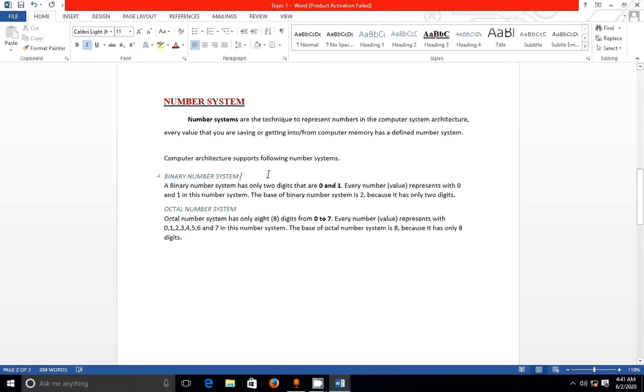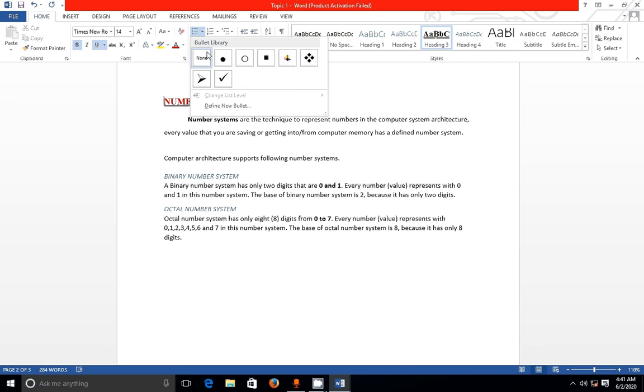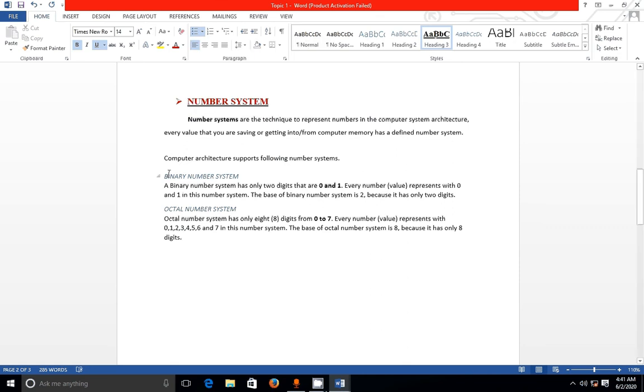Then here I'm selecting some points, like bullets. I want to give bullets. Just select with the cursor, then select the bullet. Okay, like that.